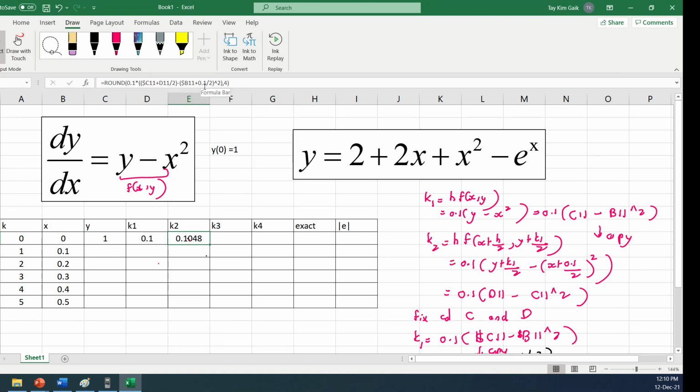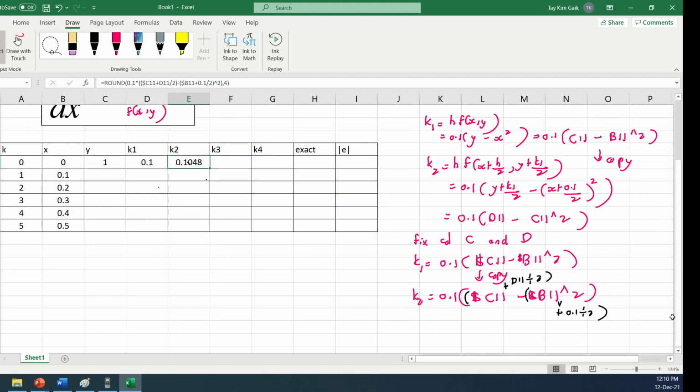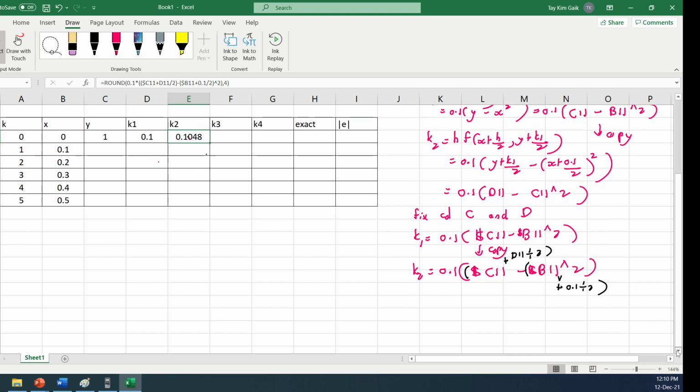X still the same. It's only K2 you change to K3. Okay. Later on, your formula now is 0.1. You have bracket. Outside I put round, and then open bracket. Comma 4 to tally with the 4 decimal place calculation. After that, when you copy the formula,